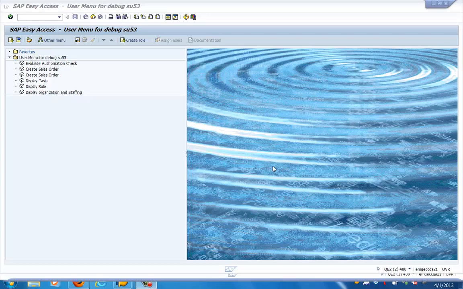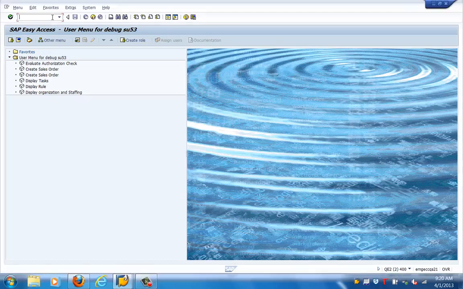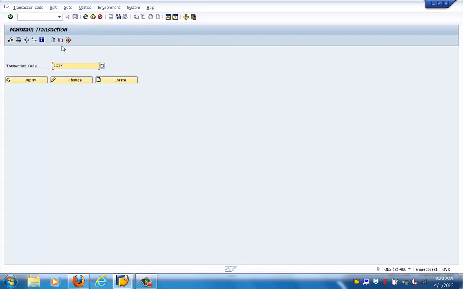Let's get started with the next topic for this training session, which is creation of transaction codes in SAP system. Many a time the SAP supplied transactions are not sufficient. We need to create custom transactions based on our checks, based on the authentication scheme we have in our environment, and based on the controls that we would like to put in the environment. We come up with our own transaction code. So we create a transaction code in SAP.